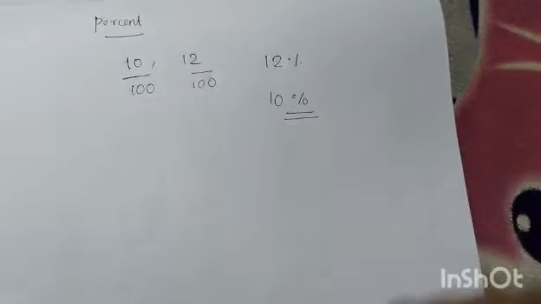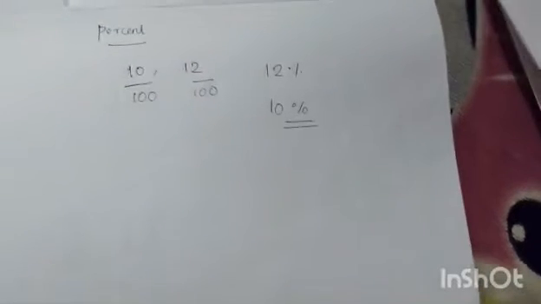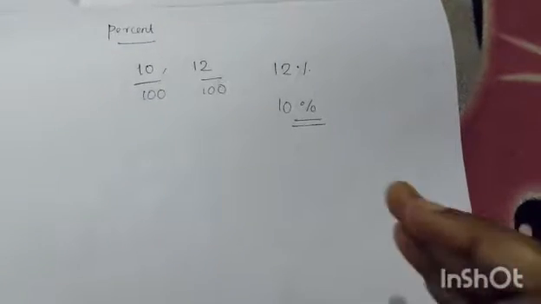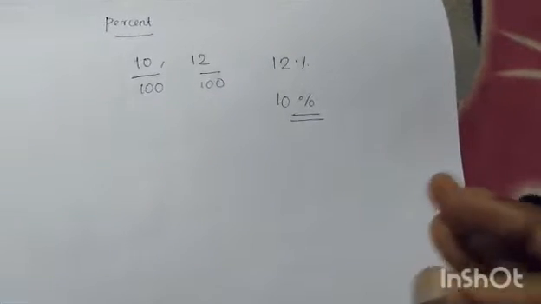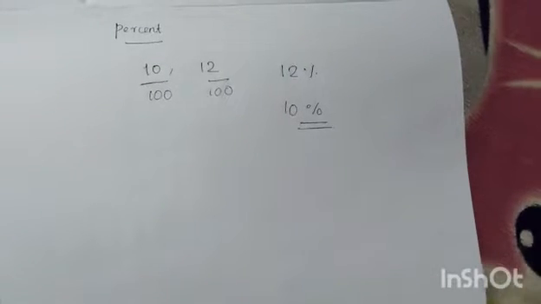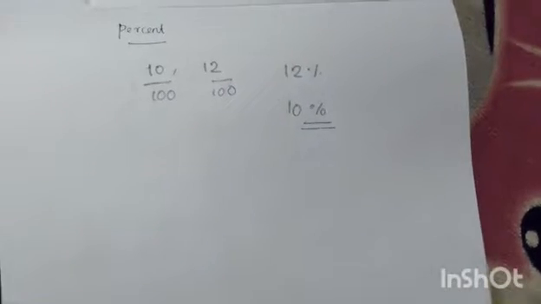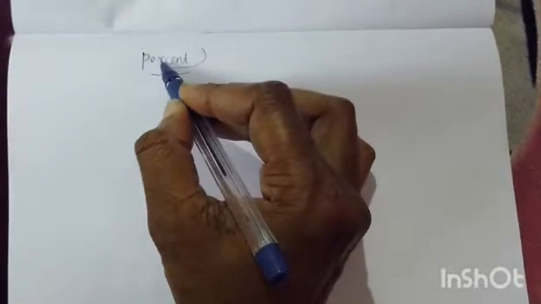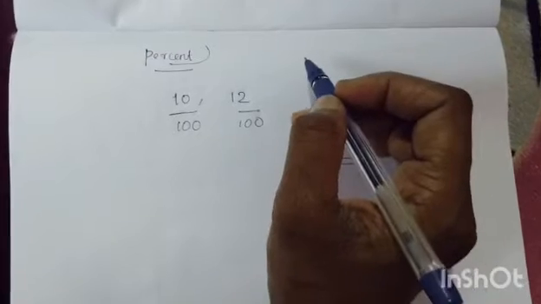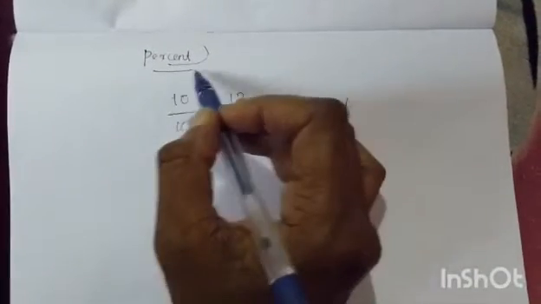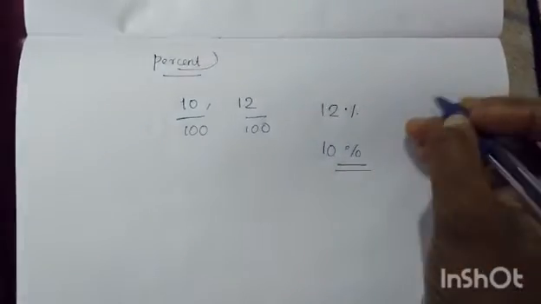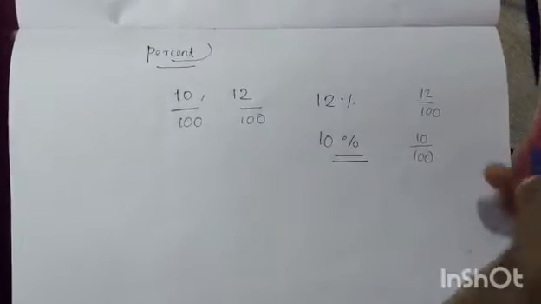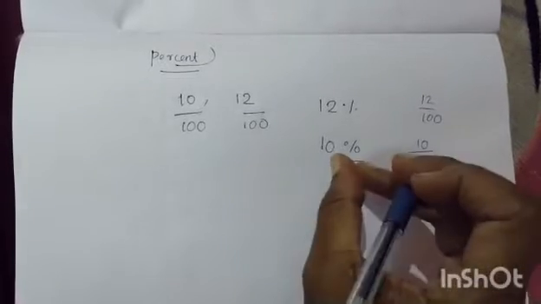In the loan problem, we found that for every 100, 12 rupees is payable. That is, 12 percent more should be paid back to the bank. Cent is a Latin word meaning 100. Then percent indicates that 12% means 12 by 100, and 10% means 10 by 100. This is the term percentage in fraction form.